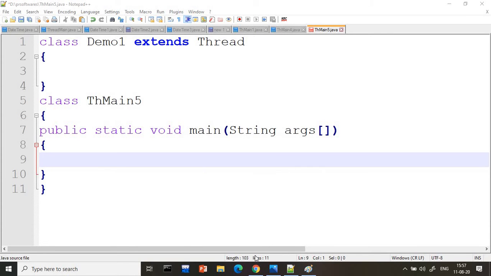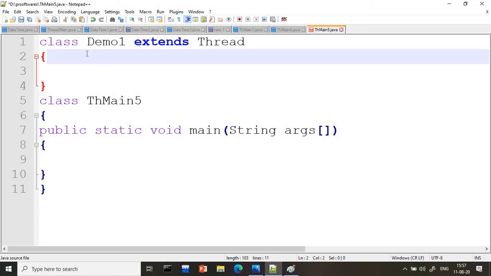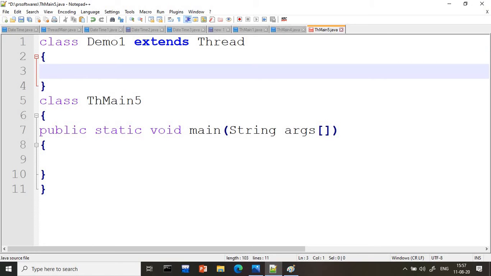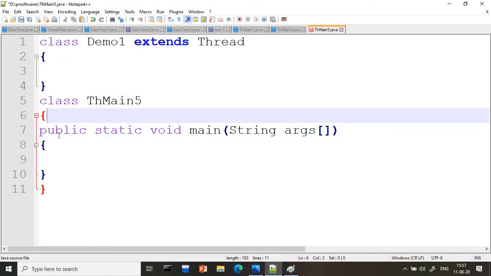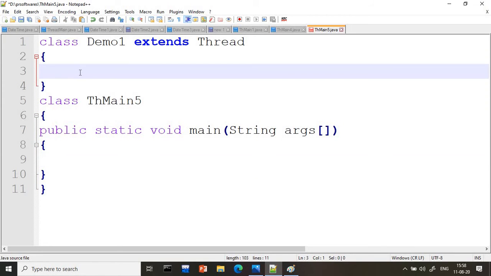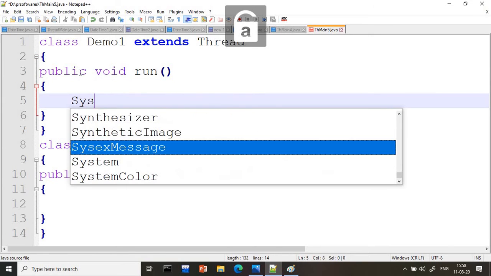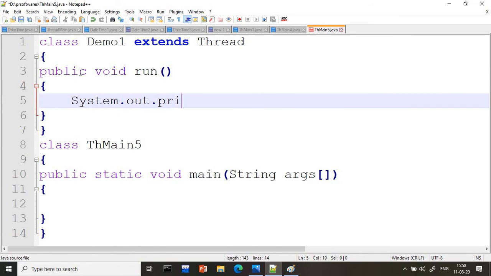Now suppose I am taking class Demo1 here, which extends the Thread class. I am taking here one more class, thmain5, where we will write the code. Here I will write the public void run method, and inside that I want to display a simple message with System.out.println, run executed.